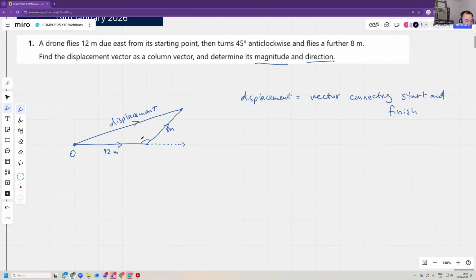And if you know this angle is 135 degrees, and if this is x, then x squared is 12 squared plus 8 squared, using the cosine rule, minus 2 multiplied by 12 times 8 times cosine 135. So x squared is 144 plus 64 minus